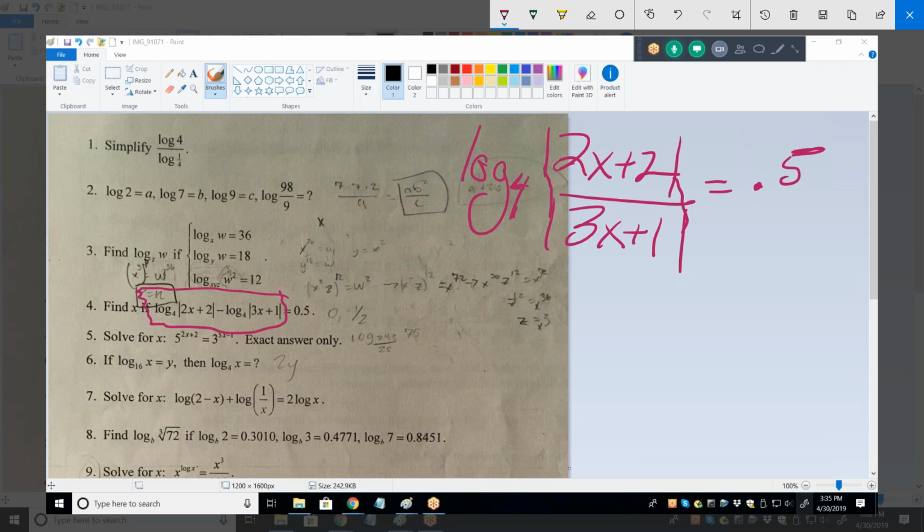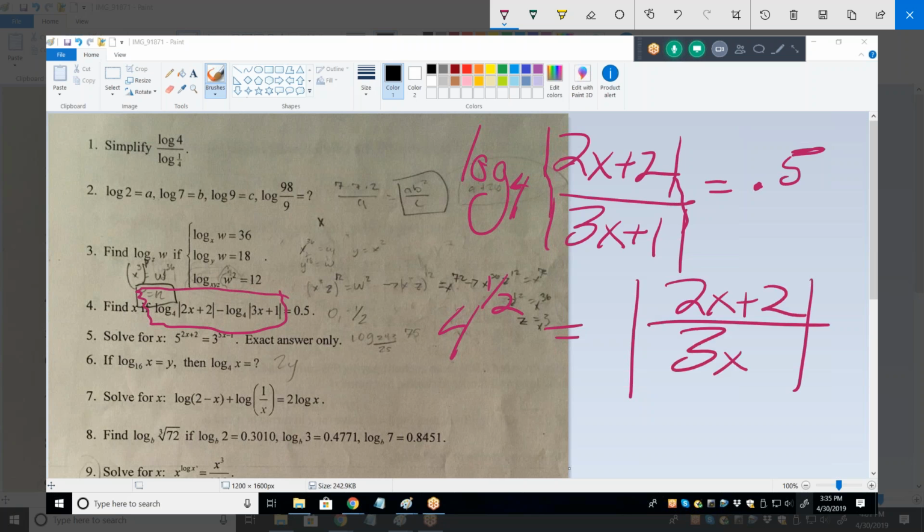Okay, so that is 4 to the 1/2 power is equal to the absolute value of 2x plus 2 divided by 3x plus 1. Okay. We know what that is. That's 2. All right. Now, 1/2 the square root, yeah, and now at this point,